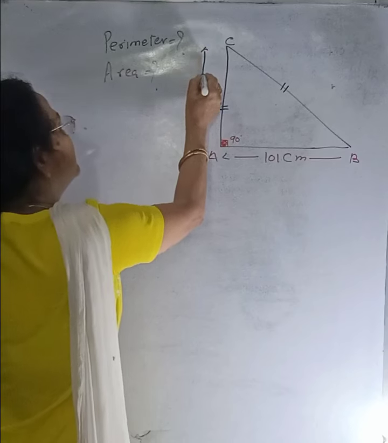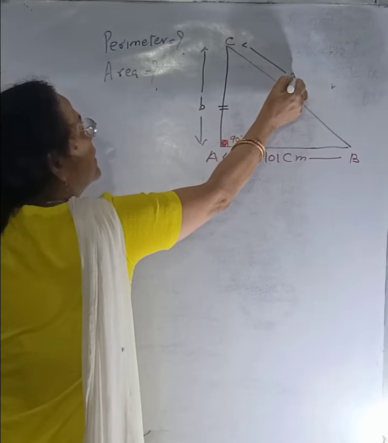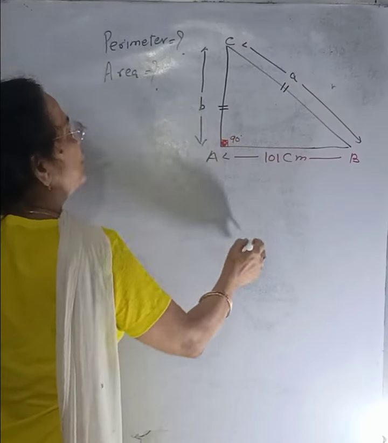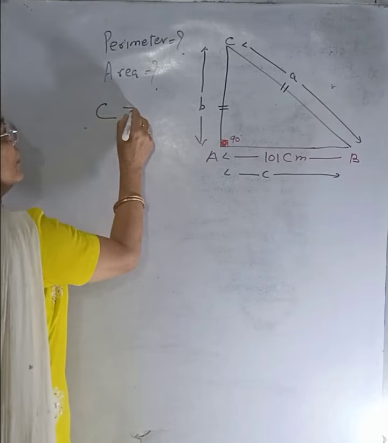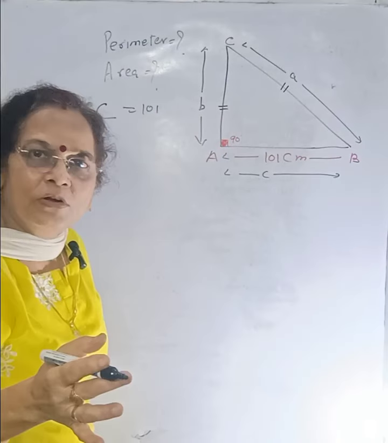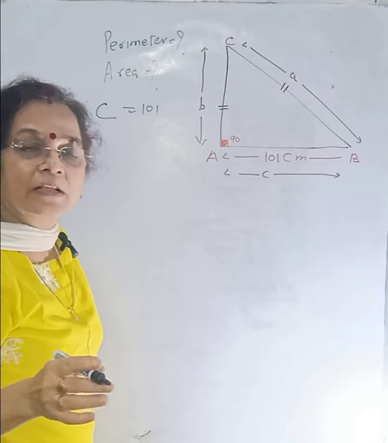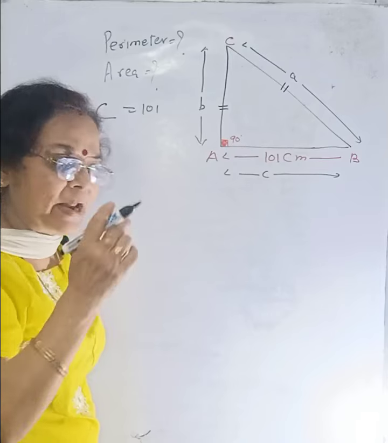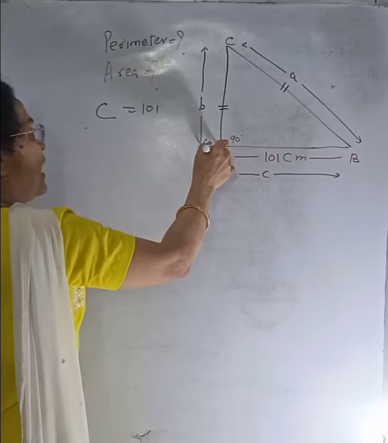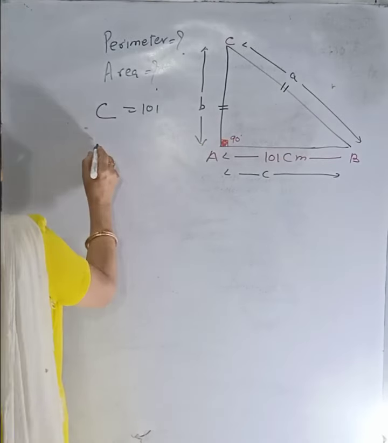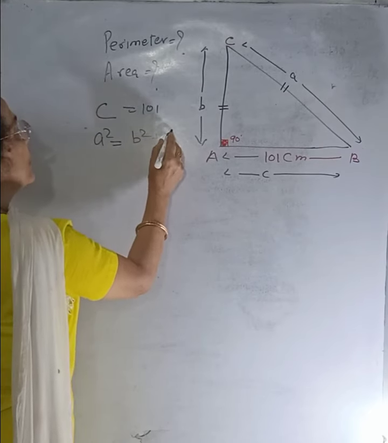so that let us suppose this length is B. इस लेंथ को B कर लिया, इसको हमने A मान लिया. This is in front of A point and this will be C. It means C is given to us as 101. B and A are not given to us. Because this is a right triangle, Pythagoras can be applied. As per that rule, the square of the hypotenuse will be the perpendicular square plus base square. It means we can say, as per Pythagoras, A square will be equal to B square plus C square.